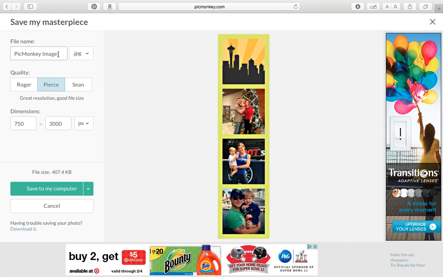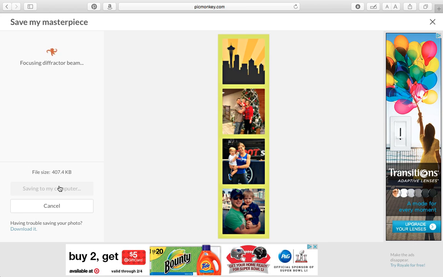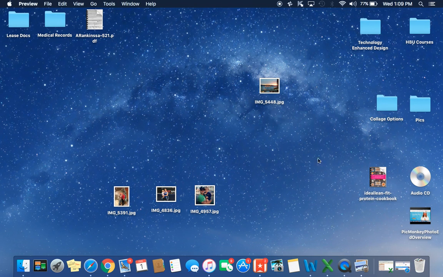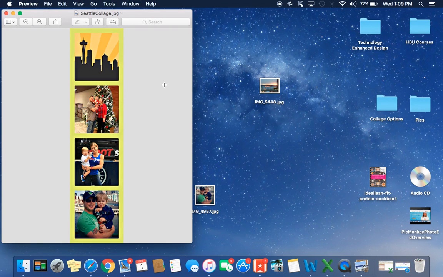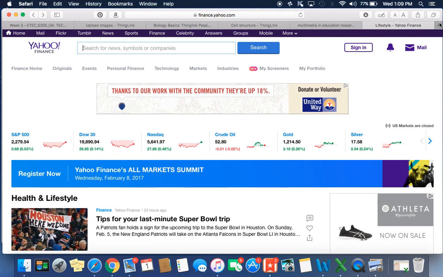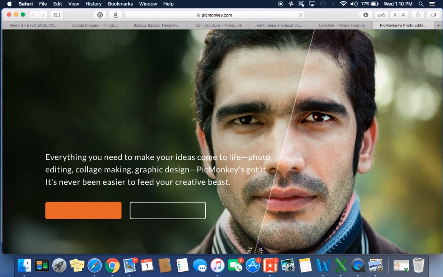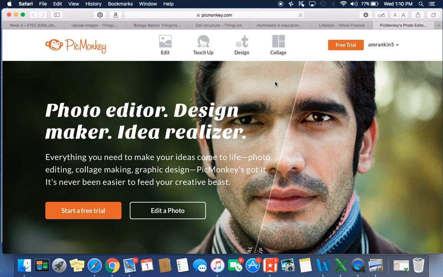And again, you could go through and you can do Seattle collage. You could keep it at regular, save to my computer. Once it's saved, it pops up on your screen like this. And let's go back. It also X's you out of whatever you were doing. Okay, so the next thing I want to show you